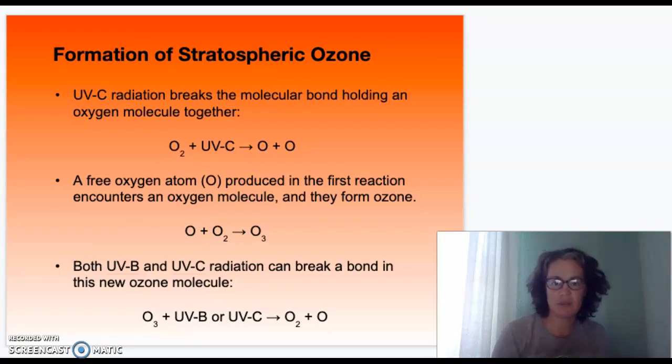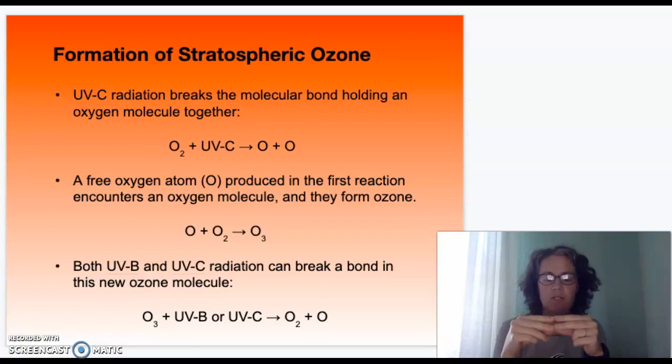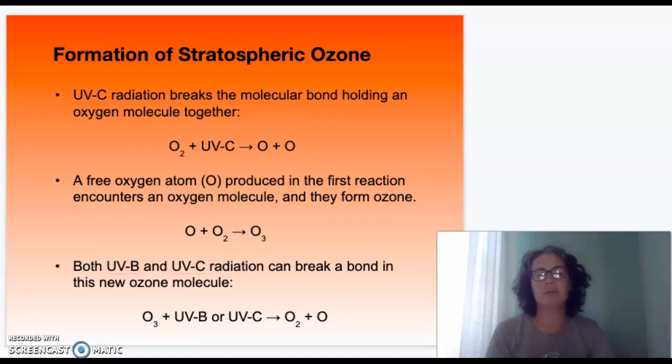So UVC radiation actually breaks the molecular bond holding together diatomic oxygen. Those diatomic oxygen compounds are really tightly bonded together, and it takes a lot of energy to break them apart. But UVC has the amount of energy needed to excite those molecules enough that they let go of one another and become free oxygen atoms. A free oxygen atom produced in this first reaction is going to encounter another diatomic oxygen molecule somewhere along the way, and it will become a triatomic molecule of oxygen,